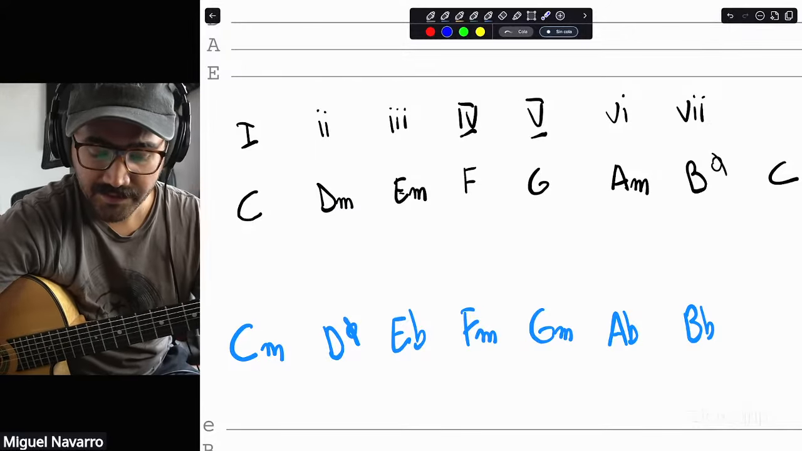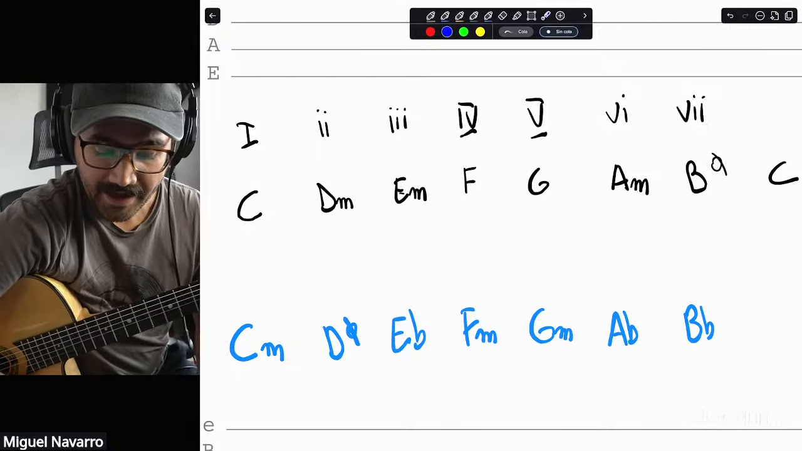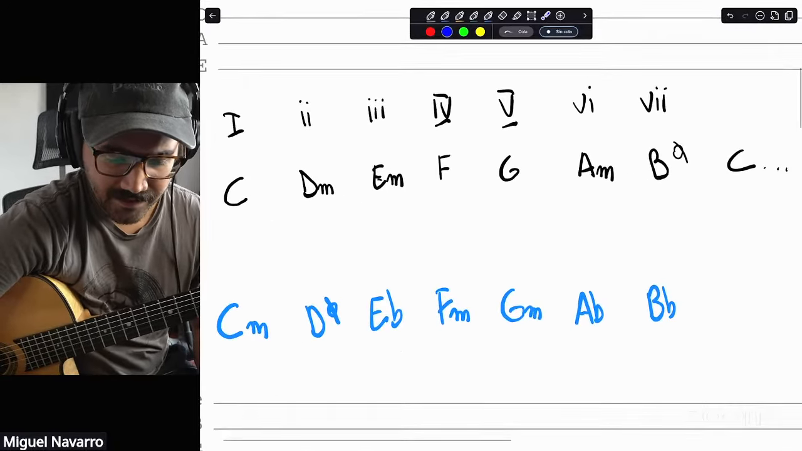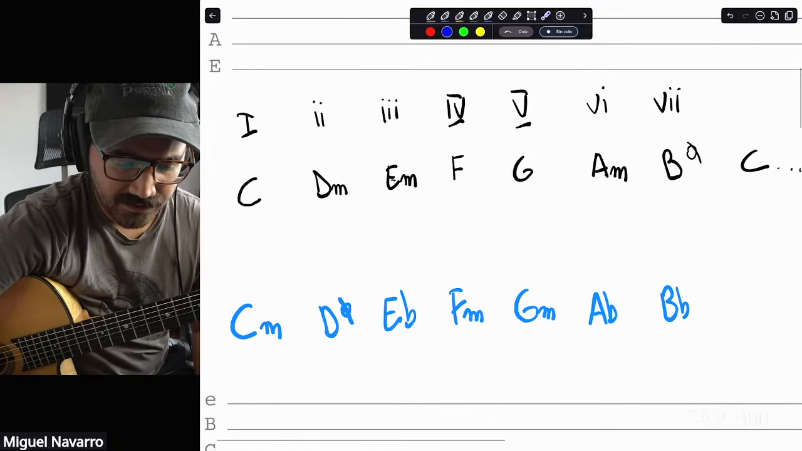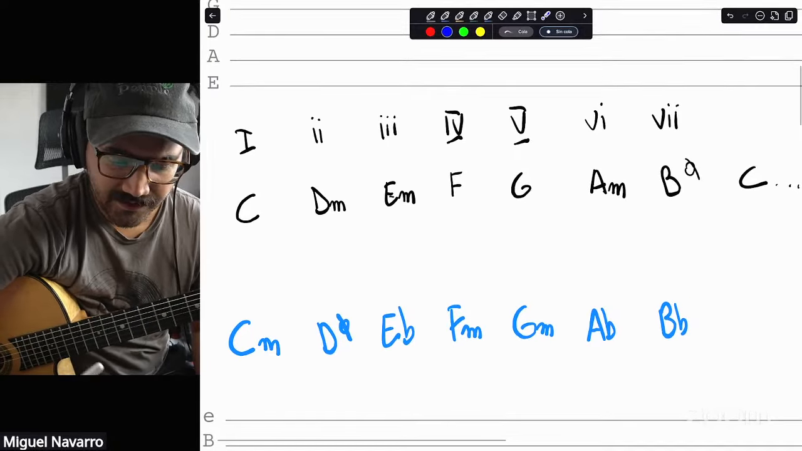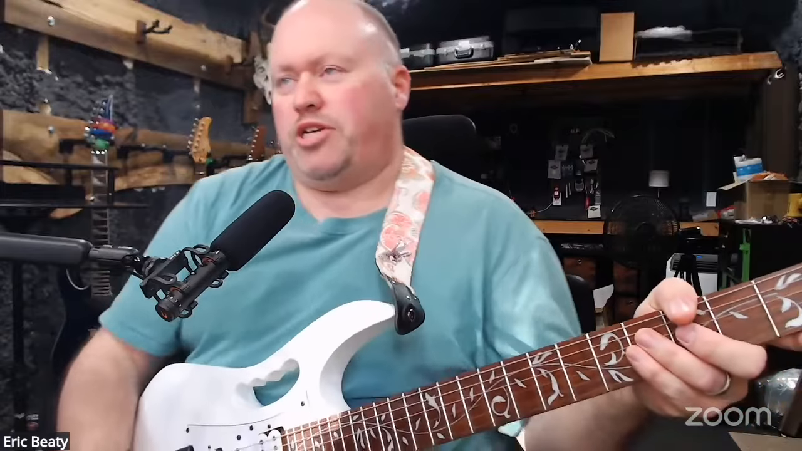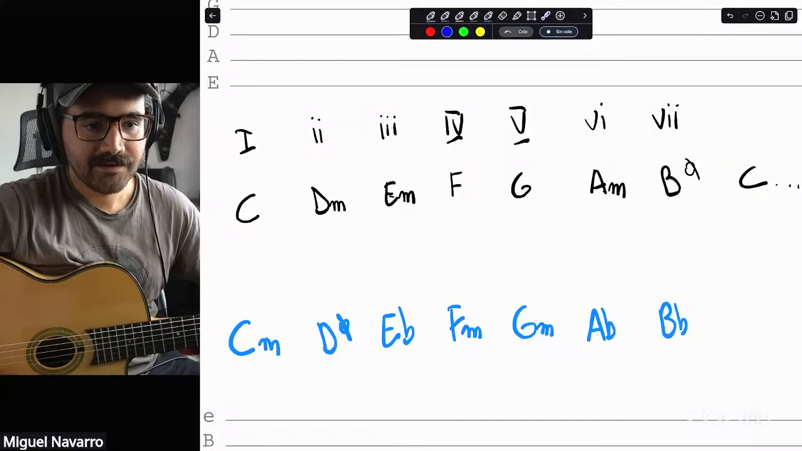So maybe we could give an example. What would be your go-to example for this, Eric? So I think one of the most common is the 4 switching it to a minor. Right. So if I'm in C,